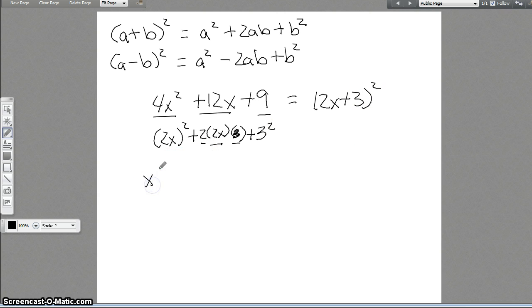What about x squared plus 4x plus 16? Well, our first number is a square. This is just x squared. Our last number is a square. 16 is 4 squared. What about this middle term? Well, if this actually is the square of a binomial, we should be able to